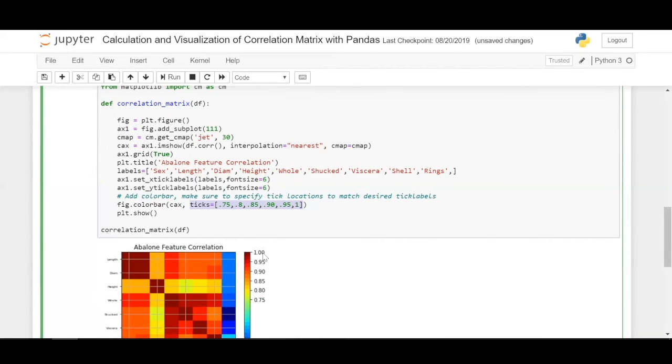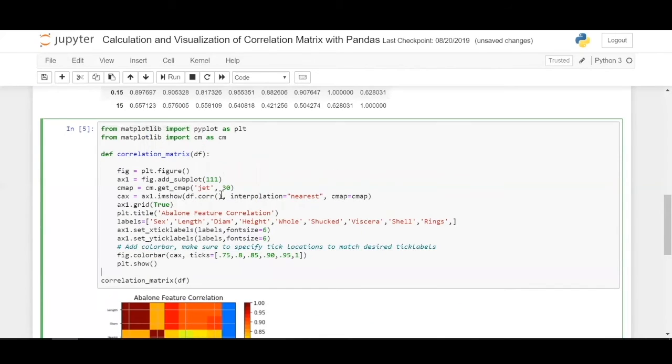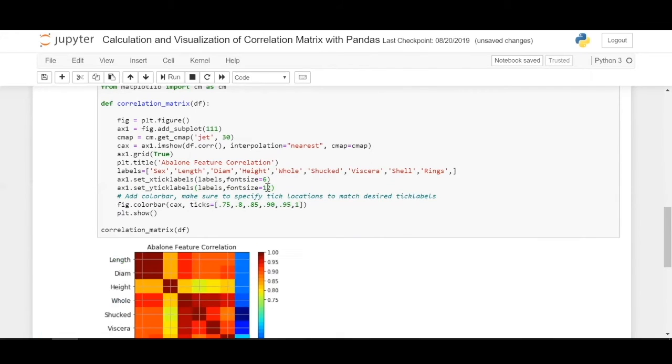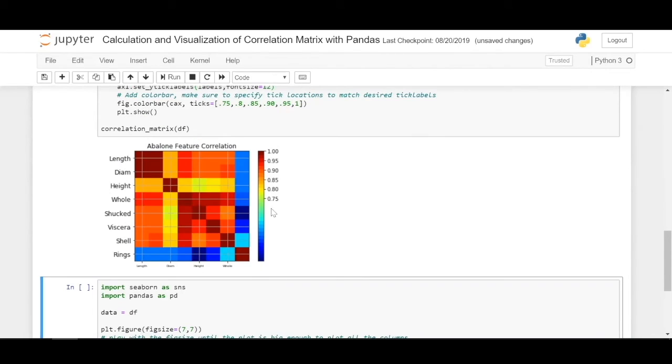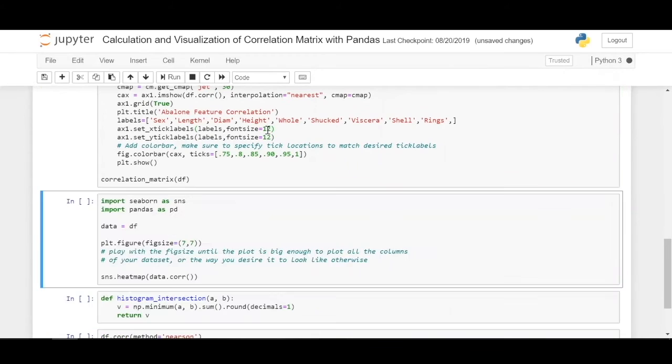One is the highest correlation, and here 0.75 is where it starts. I want to make this a bit bigger, so I'll set the X tick and Y tick to 12. It looked a bit ugly before, but now it's better.